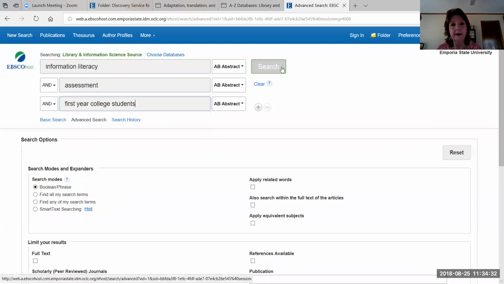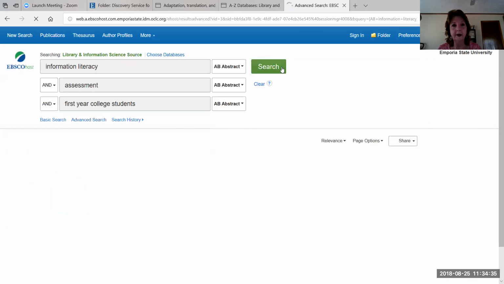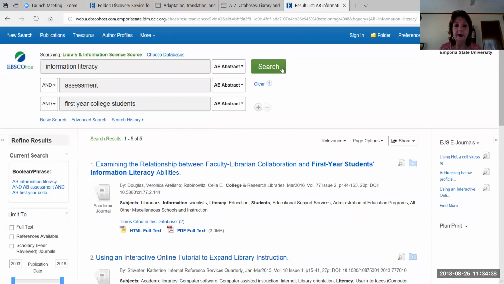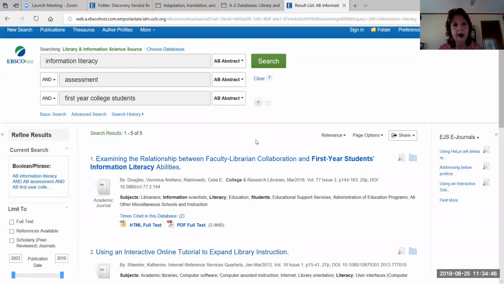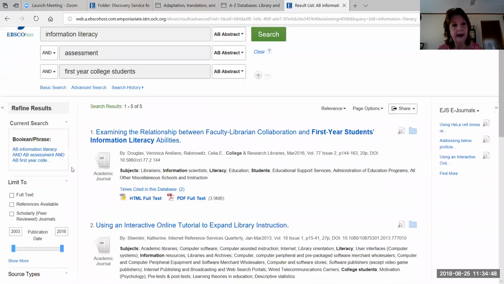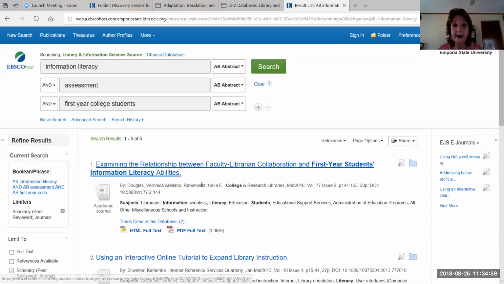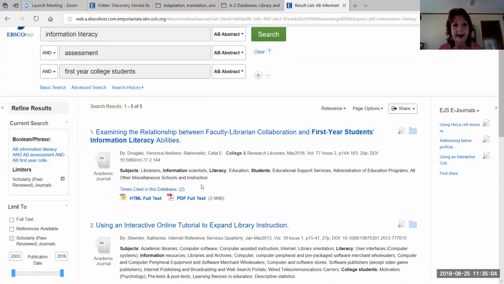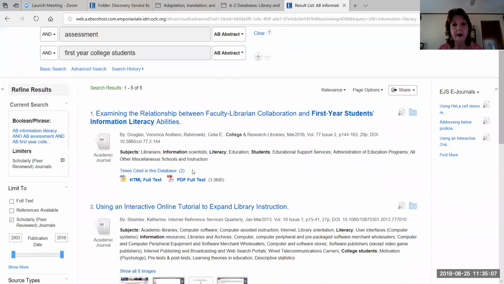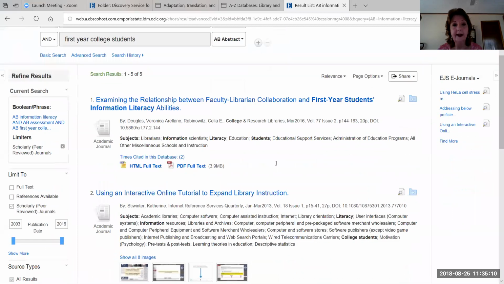Now I've limited my search, and I'm just going to do an initial search here to see what I get. The reason I did that is I really only got 5 results. So actually that tells me that that might be a good research project. However, I can go back over here, even just with 5 references, and I could say even of those 5 references, I want only scholarly or peer-reviewed journals. Now, as it happened, all 5 of those were also considered to be scholarly or peer-reviewed journals, so I did okay with that. And what I'm getting here, again, would be the PDF full text,